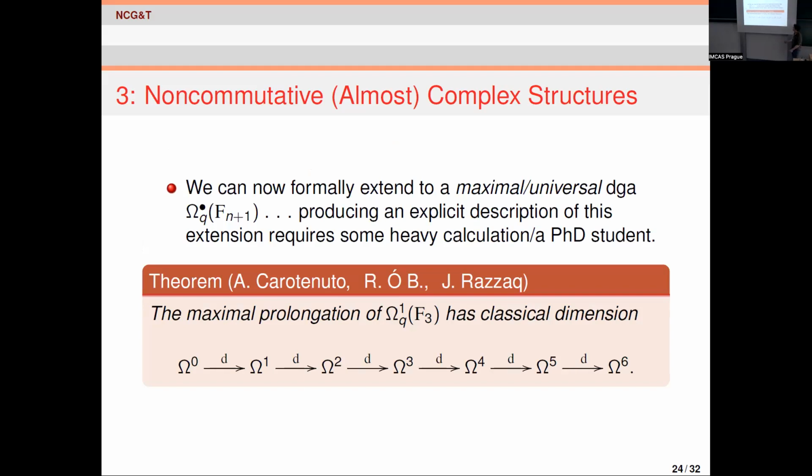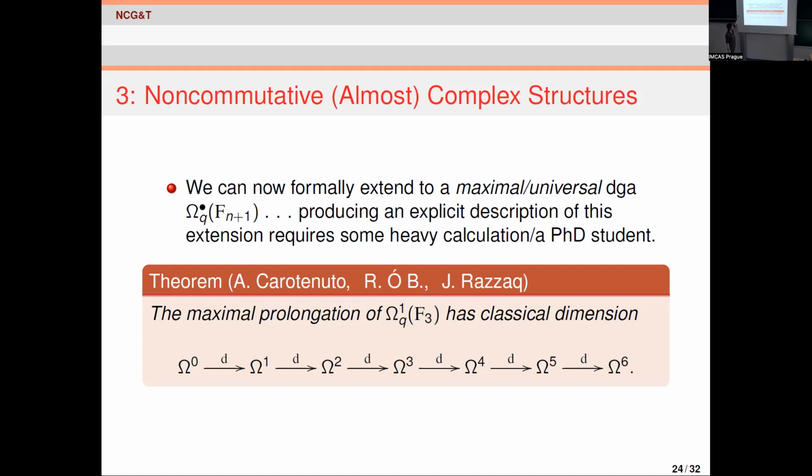No, as I was saying, we can formally extend. I won't give you too much of the details here, but it is a generalization to the non-commutative setting of the exterior algebra, one that is universal in the sense that any other extension to a differential graded algebra will arise as a quotient of this universal one. It's the largest extension possible. So we can formally extend